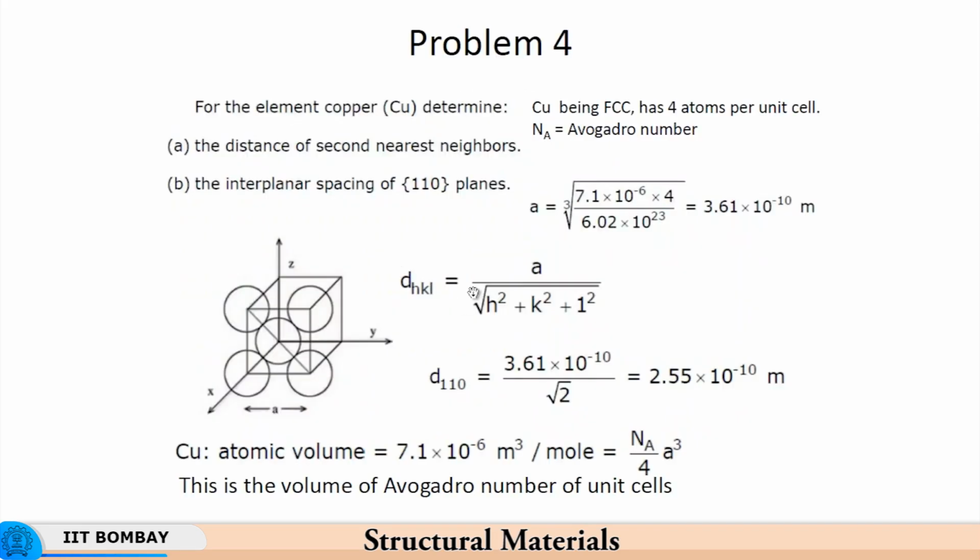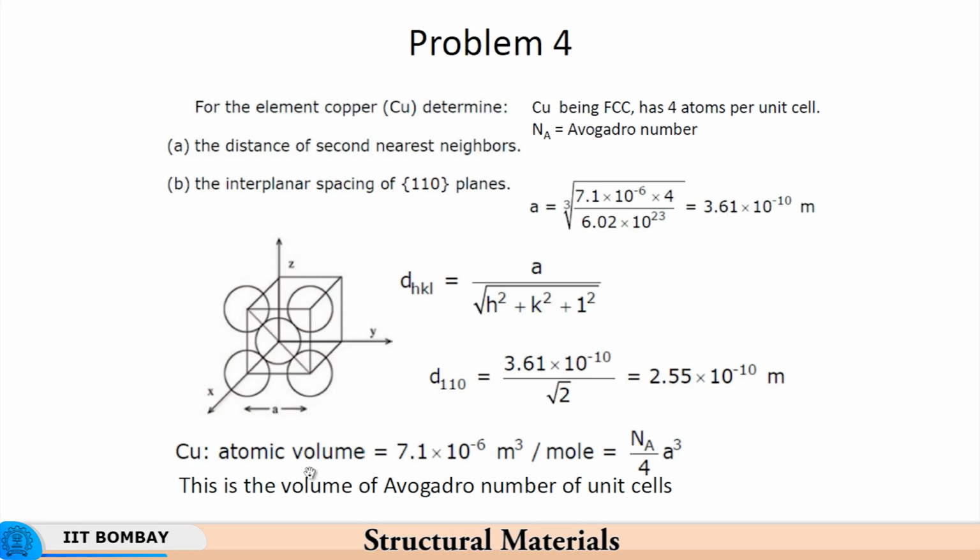Okay. Now we come to the crystal structure. So we have FCC, BCC and HCP type of crystal structures, and here we want to know the distance of the nearest neighbors, meaning the lattice parameter A, and then the interplanar spacing of 110 planes. Okay, so then you have for copper a face centered cubic structure which has got 4 atoms per unit cell,